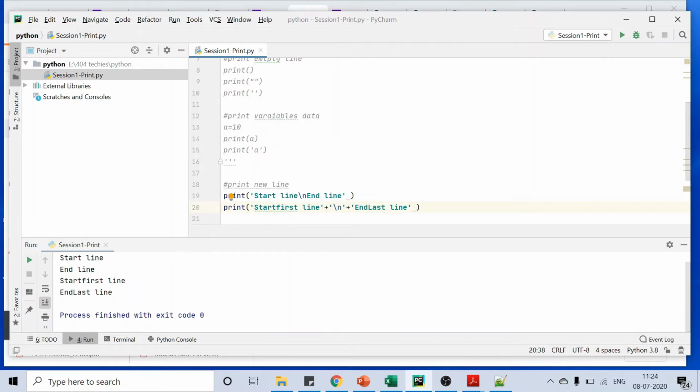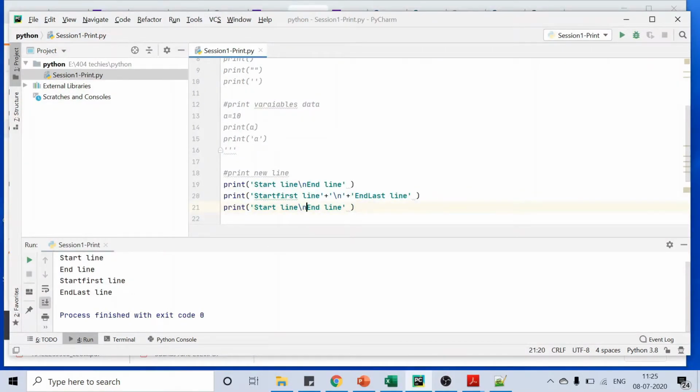Same thing. Similarly, like new line, we can give a tab. Slash n is for giving the next data; after slash n, whatever data we give will come to the next line. Slash t is for tab space, so whatever we give will have some space before it.